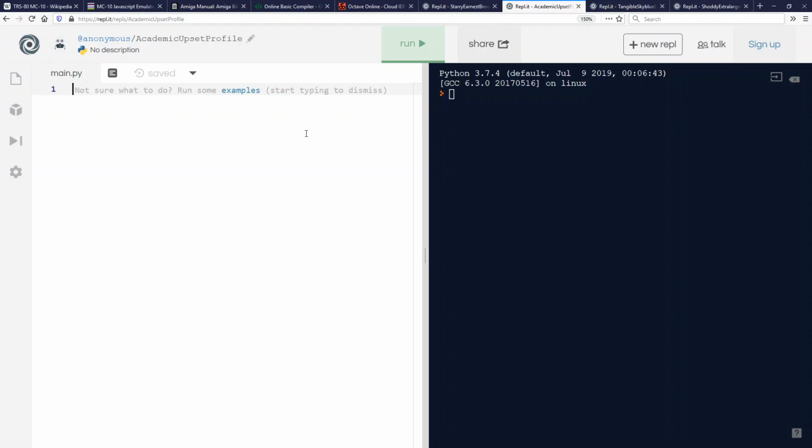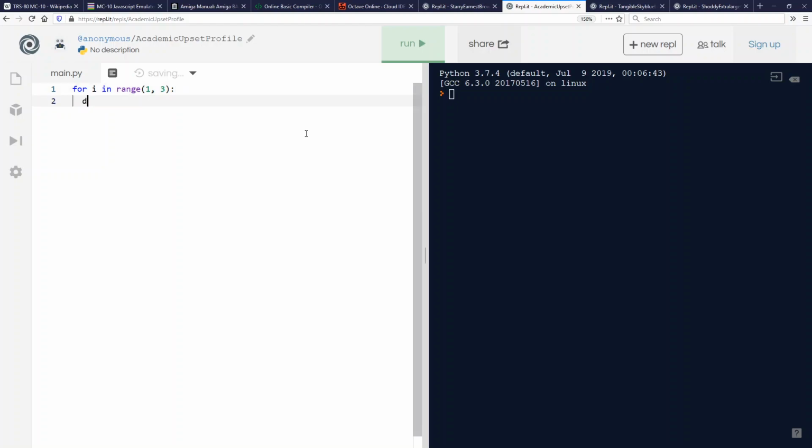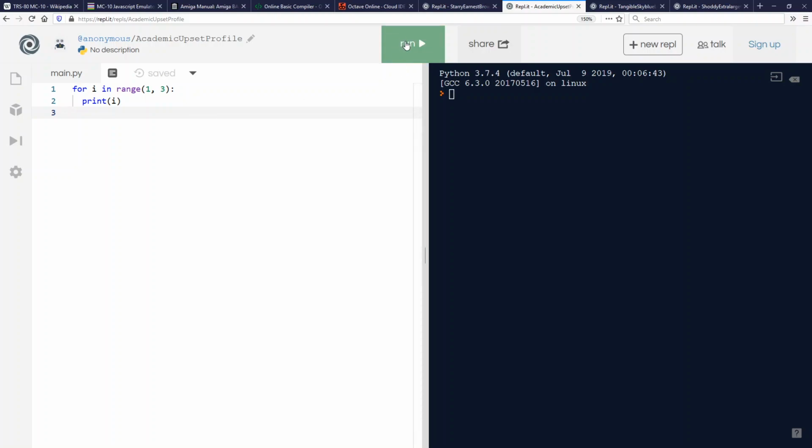I'm going to start with a for loop in every case here. Let's say for i in, instead of for i equals, range of 1 to 3. First of all, I notice all of a sudden our colons are gone. This, by the way, won't quite do what you want it to do. Print i. If I run this loop, it's indentation-based blocks in Python, I will get only 1 and 2 out because Python